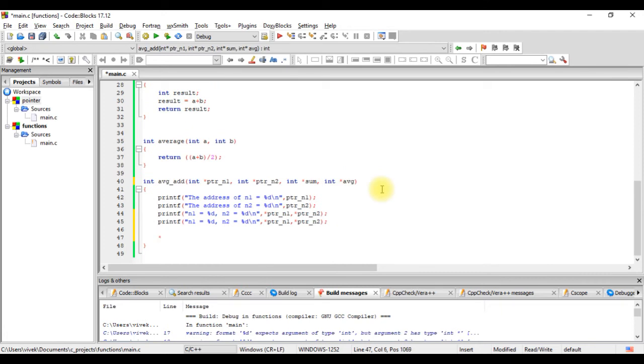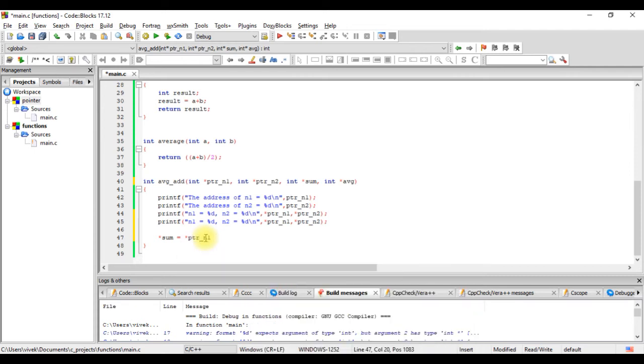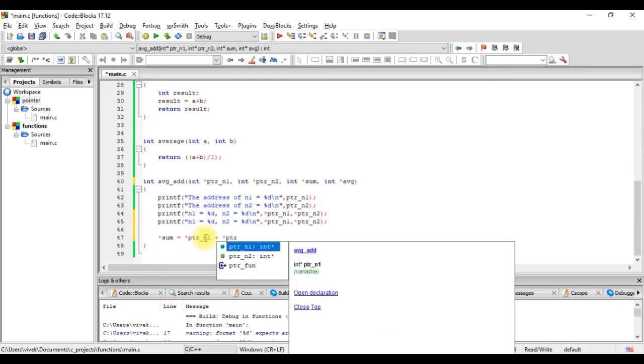star sum equals to, so we are calculating the sum of two values that are stored in these locations, ptr n1 and ptr n2. To get a value from a pointer, we use star ptr_n1 plus star ptr_n2.